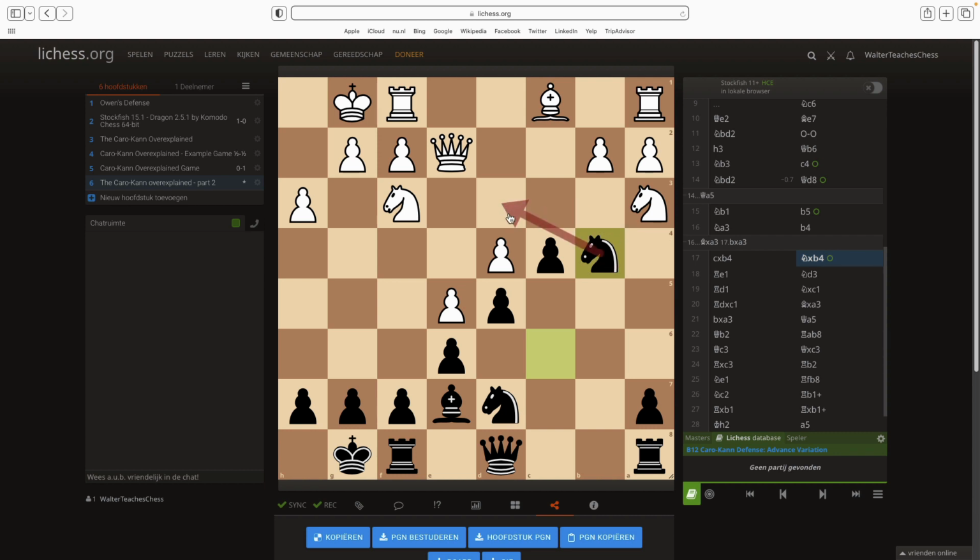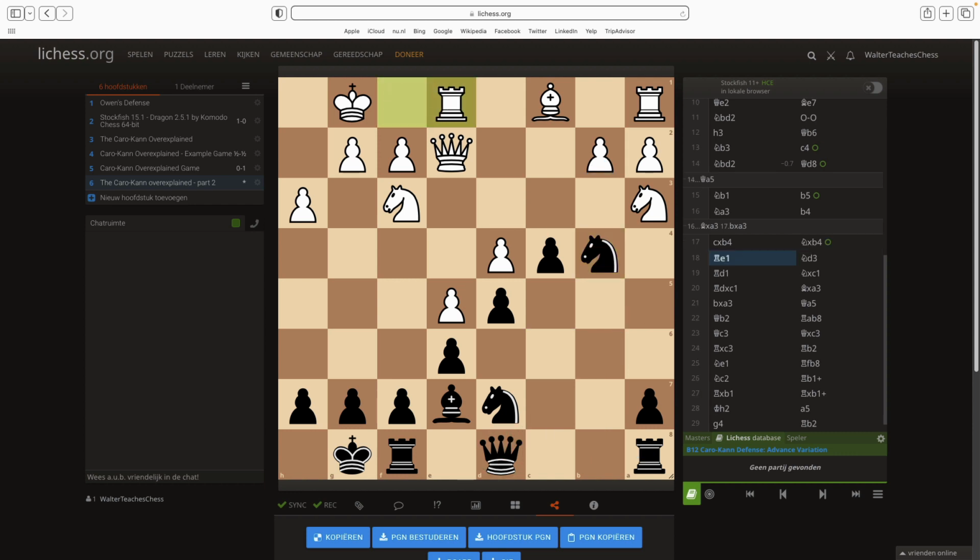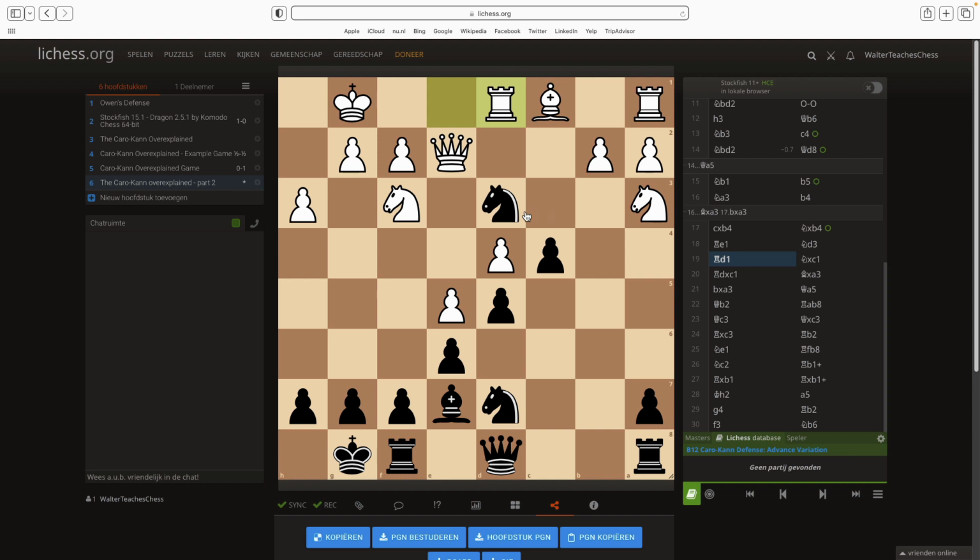This knight can jump into d3, so now d3 is weak. I'm getting my rooks to the b file, the c file. The queen can come out again. So rook e1. Here knight to d3, and here I want you to pay some attention and maybe think about